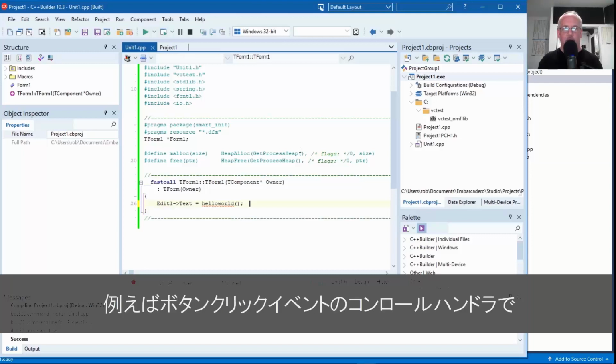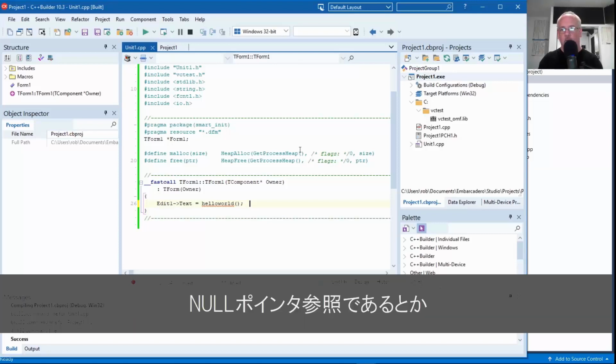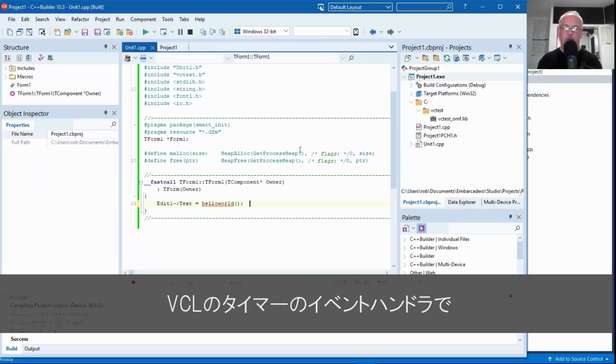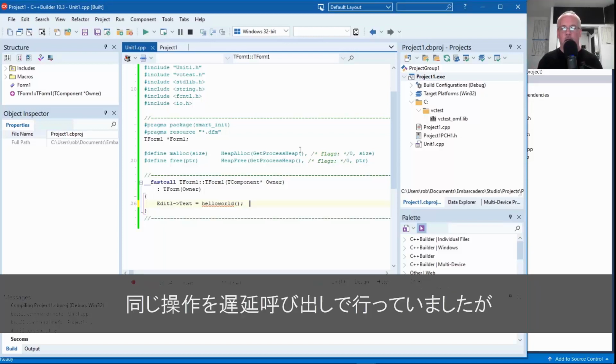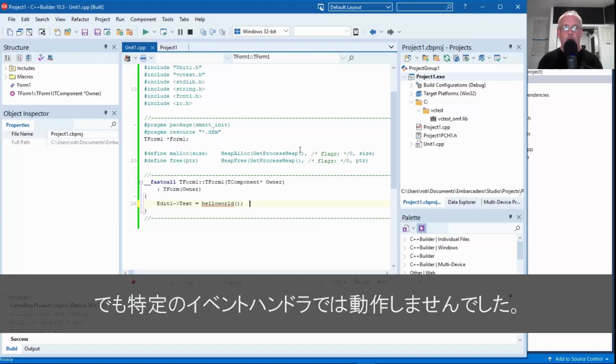Occasionally, we'd add a function to a control handler, like a button click event, and we'd get some weird behavior, like a null pointer dereference or invalid instruction. It was kind of shrugged off: well, that's weird. Then we'd put a deferred call in a VCL timer OnTimer handler for that same operation, and it would seemingly work fine. So it just didn't work in that particular event handler.